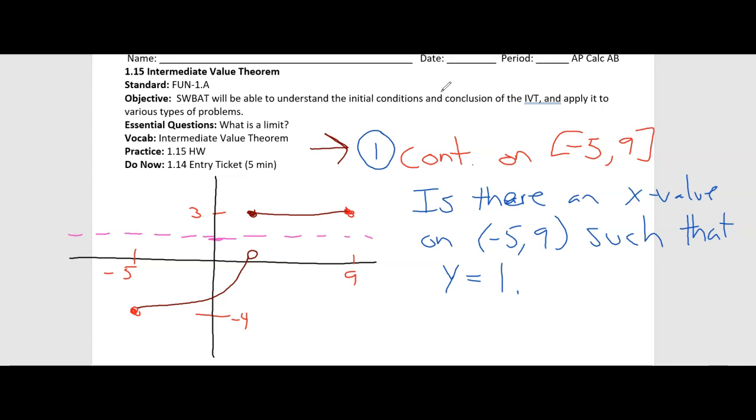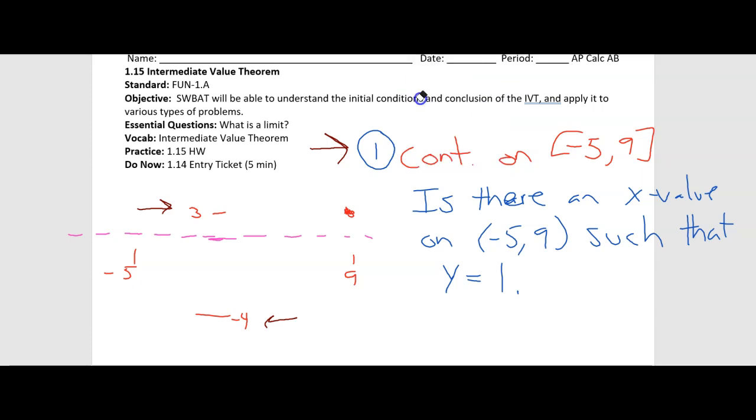So this is what the intermediate value theorem essentially is talking about. We're going to get to a formal definition in a second, but essentially if you have a continuous function and you know what the two y values of the endpoints are, well, you know that the function's going to touch every y value between those two y values, right? So our two y values are 3 and -4. So no matter how I draw this function, right, no matter what function I choose,